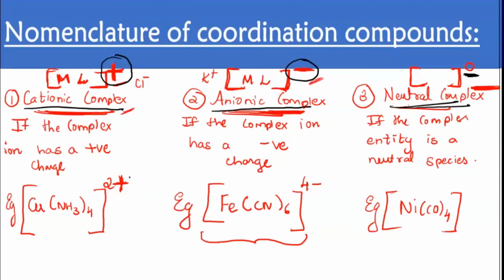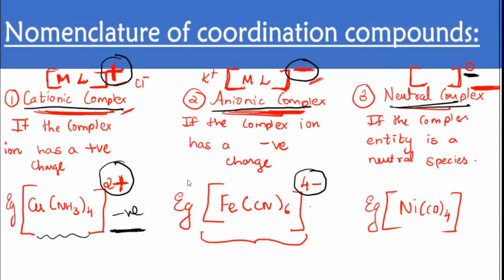You can see in this complex the whole coordination entity carries a positive charge. If they carry a positive charge, you will find a negative ion present outside, attached to that, because these are positively charged and opposites always attract. And we have the anionic complex, where you can see this example, Fe(CN)6 4 minus. Here the coordination sphere has a minus charge, then you will find a positive ion getting attracted towards it. And always you will find that the positive ion is written first.